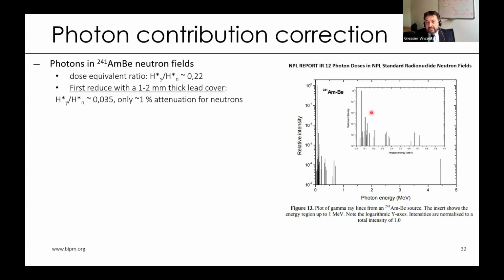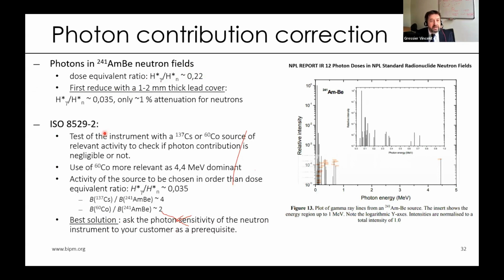And it can be explained here. This is the spectrum of photons produced in an americium-beryllium source. You see that there are 4.4 MeV photons and then a lot of photons of lower energies. If you put a cap of lead, it will not affect the 4.4, but all the others will be reduced by much. And this explains why this ratio is